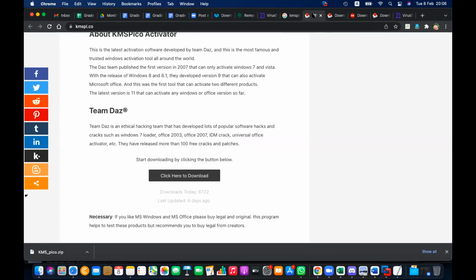So, I think out of 100 people who use Windows in Sri Lanka, I'm pretty sure that 60 use KMS Pico. You can check on a survey: out of 100 users, closer to 60 or more than 60 are using KMS Pico activation.